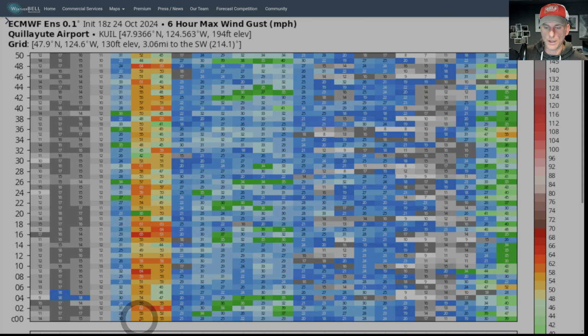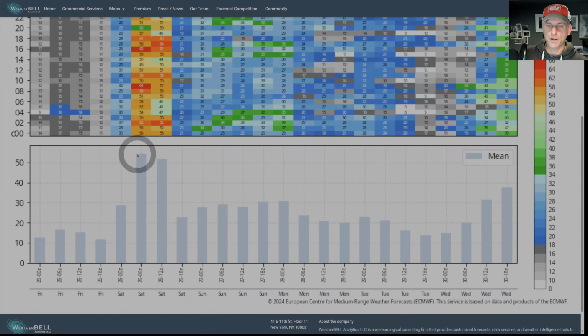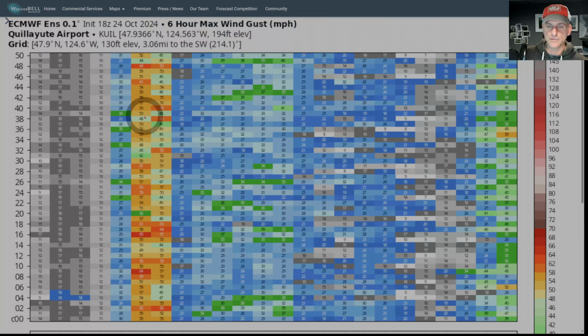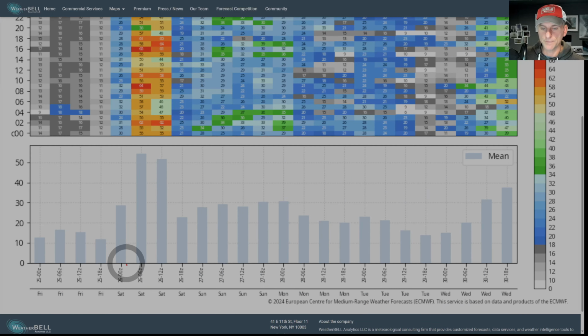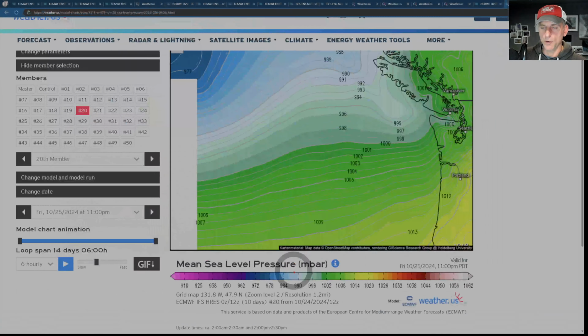You look at the control run, the initial conditions, best we understand them, 55 miles per hour. And some of the individual ensemble members, look at number 16 at 65 miles per hour. Some of these have 60 plus mile per hour gusts here as well. So it's going to get windy here for this time period. The ensemble mean is now the average, like I said, of all these 50 ensemble members. So you can make with high confidence a very good forecast on 50 mile per hour gusts coming to the Washington coast. That's why there are wind advisories up. And this is going to be very late Friday night into Saturday morning.